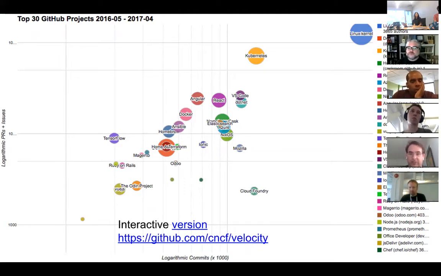And you can see that the Linux kernel at the top right is in its own category, but separate from that, Kubernetes also at the top is really far away. And again, this is a log chart, so a little bit of distance has a huge difference between these. You can click where it says interactive version to then be able to hover over these and see the specific statistics.